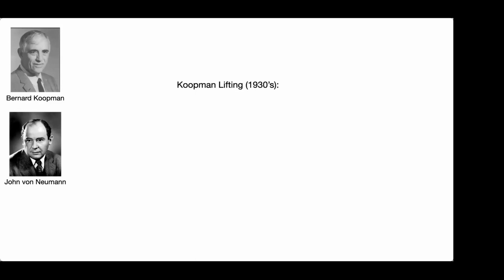In the 1930s, they discussed this concept called Koopman lifting. The basic idea is that any nonlinear system can be represented by a linear operator in an infinite Hilbert space. In English, this means that if you take some low-dimensional nonlinear system, and you can map this to a different space, a change of basis essentially, to something that's very, very high dimensional but linear, then in theory, if it's high dimensional enough, you can actually fully represent the lower dimensional nonlinear system.